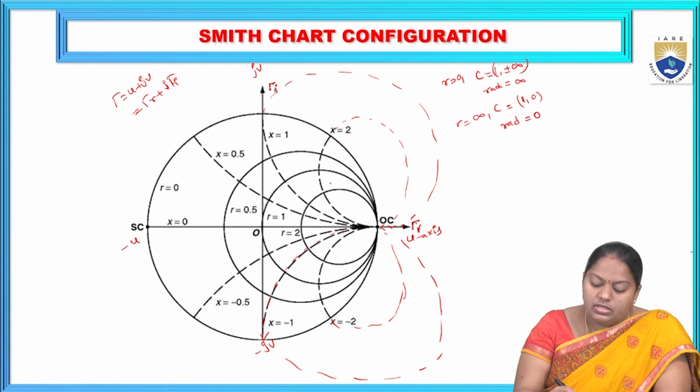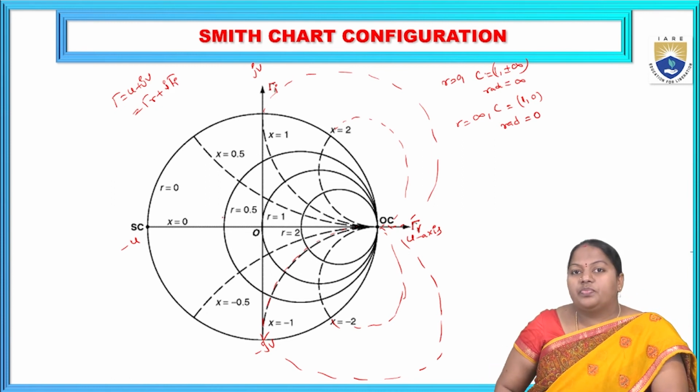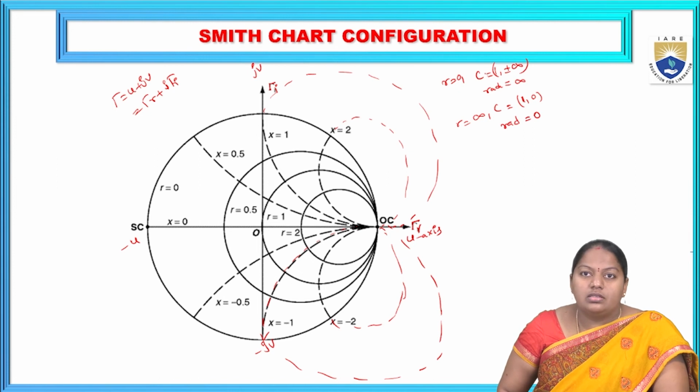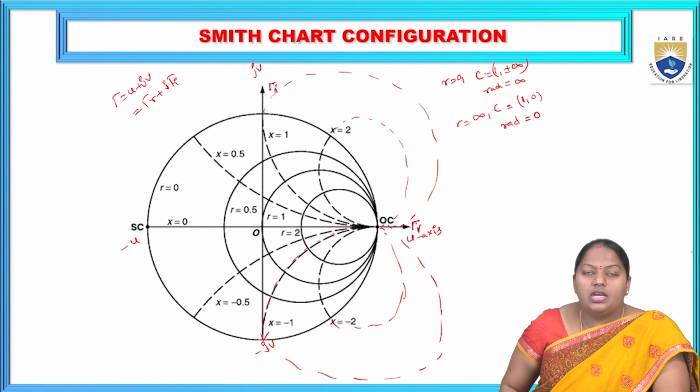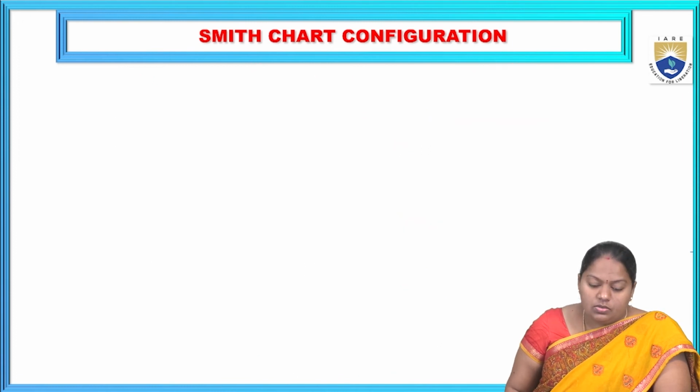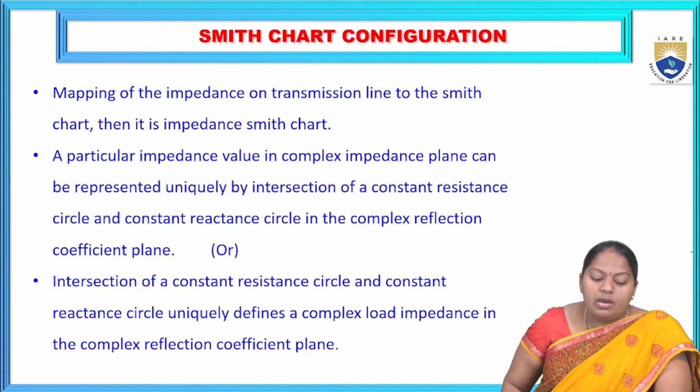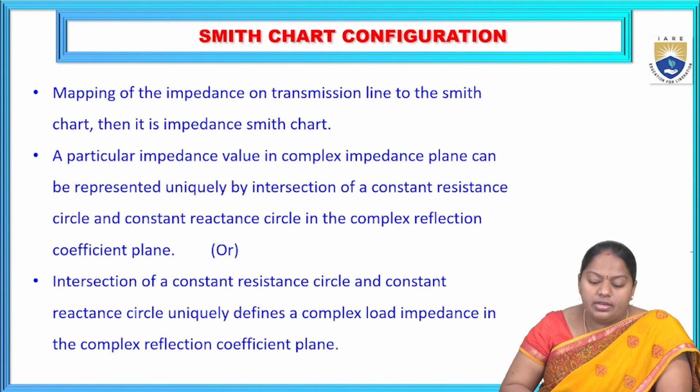The dotted lines portion we just neglected. The circles represent constant resistance circles, and the arcs represented with dotted lines represent the constant reactance circles. This is the way we can draw the Smith chart with the help of constant resistance circles and constant reactance circles. If you combine the two, the mapping of the impedance on a transmission line to the Smith